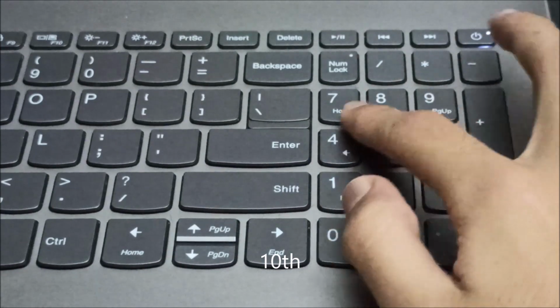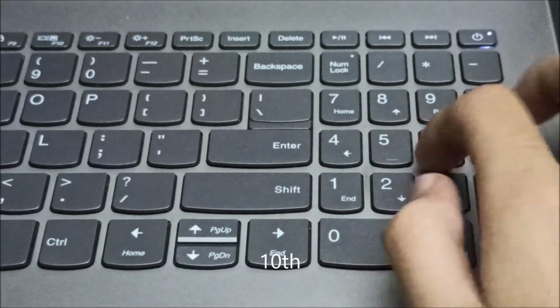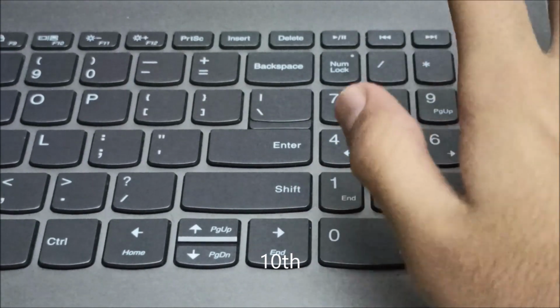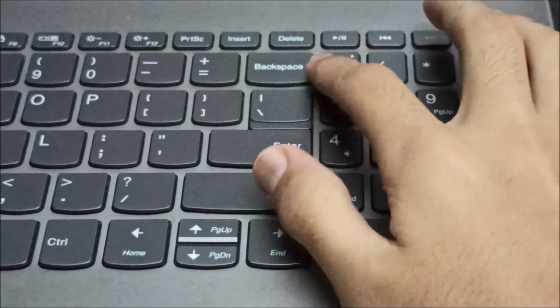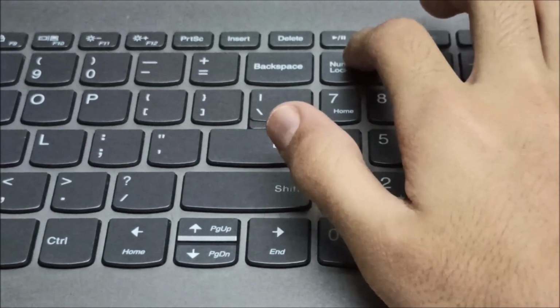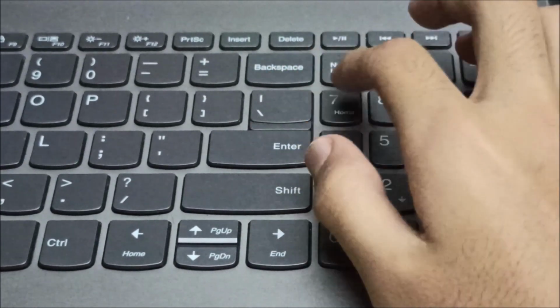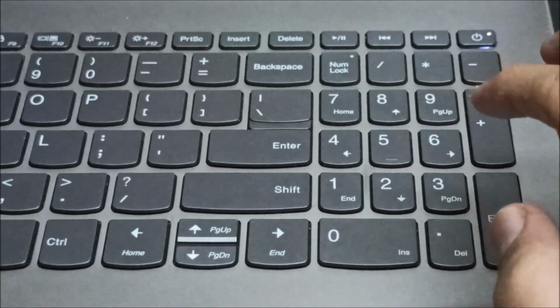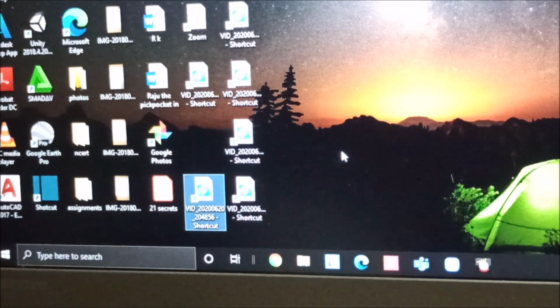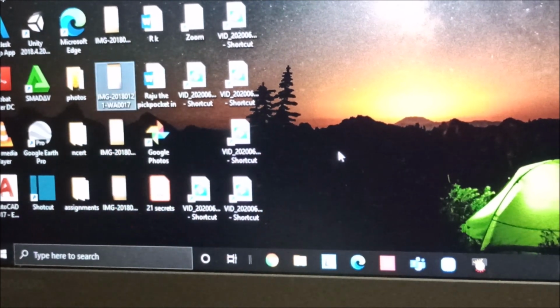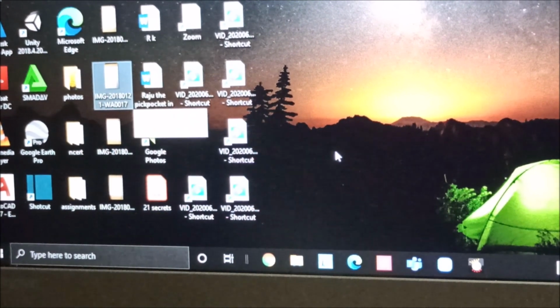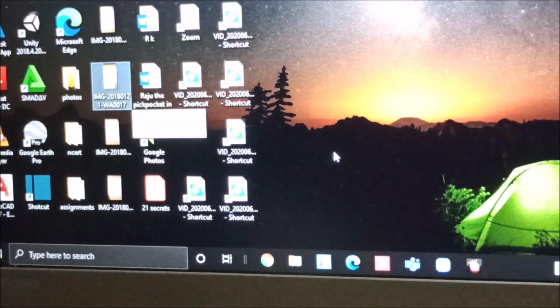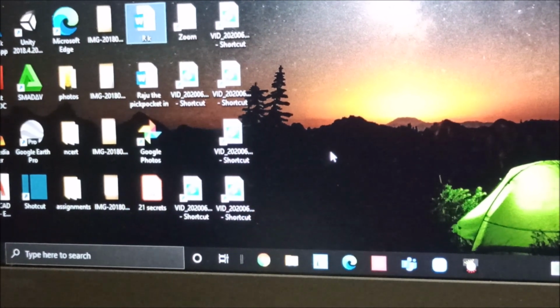As you can see that there are many arrows here, you can use them to navigate through a desktop. So if you have numlock on, then you must switch it off for this to work. So I have got this icon and I can navigate through it. As you can see, I'm not using any mouse or the arrow keys available already, but I can navigate through this.